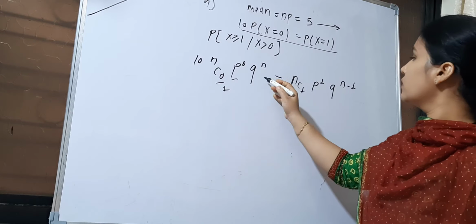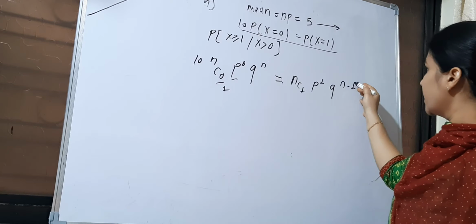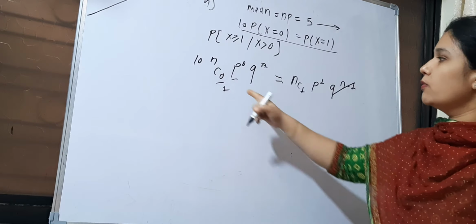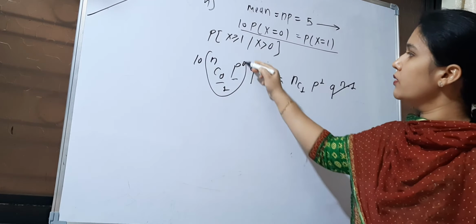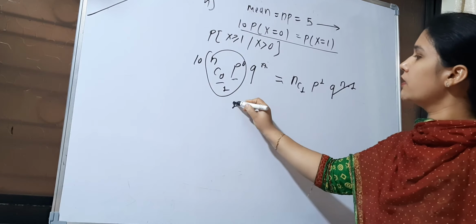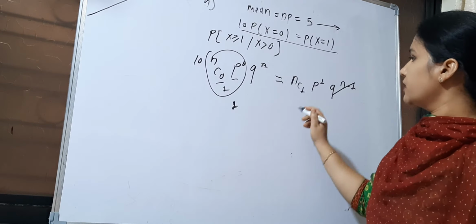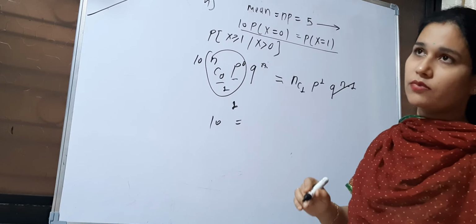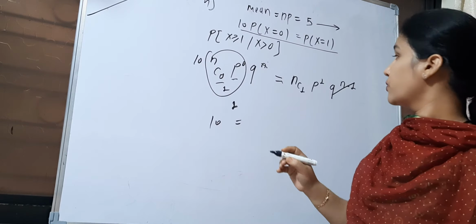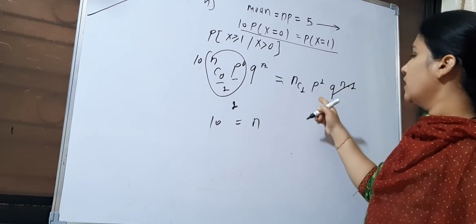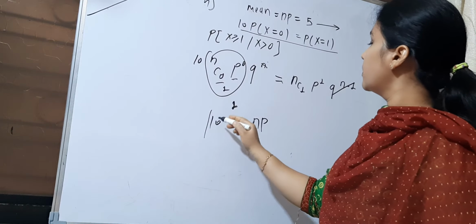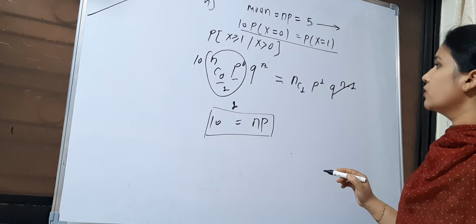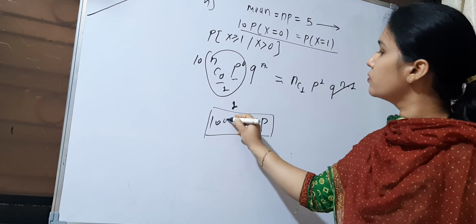उसके बाद q to the power n, q to the power n minus 1 पूरा कट हो जाएगा और सिर्फ एक q बच जाएगा. p to the power 0 की वैल्यू 1 है, इस होल टर्म की वैल्यू 1 है. यहाँ पे क्या बच गया? अभी ये देखो 10 इक्वल टू nC1 मतलब n, तो यहाँ सिर्फ वैल्यू आएगी n और ये है p. So 10 equal to n into p, n into p equal to 10 into q.